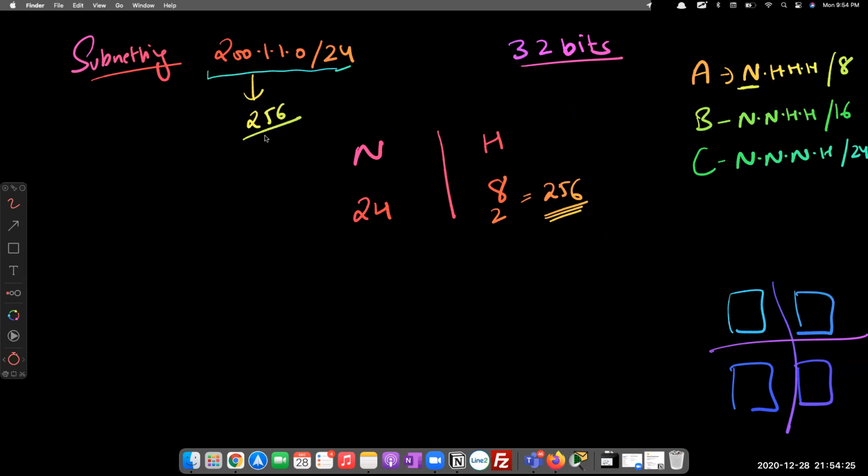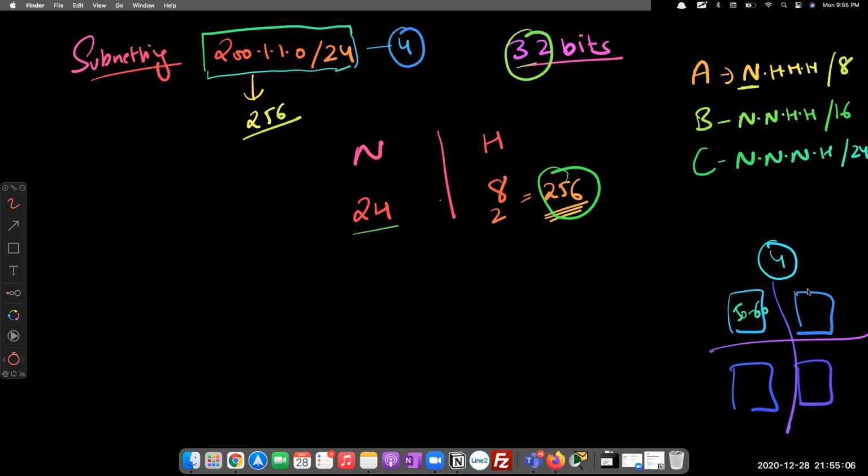How have I calculated it? My total IP address is of 32 bits. If the prefix is 24, the remaining is 8; 24 plus 8 is 32, right? Yes or no? So 2 to the power of 8 is 256. It means I am getting 256 addresses from this pool. But what exactly are we going to do? We want to give 50 to 60 IPs, or divide this network into 4 parts so that we can give them to multiple locations.